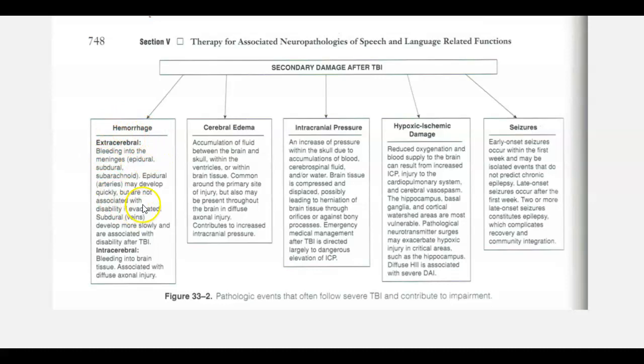So for hemorrhage, remember we talked about how we can have epidural or subdural. Extracerebral means that bleeding sort of above the brain, and then intracerebral is that bleeding within the brain. So that picture that we showed that showed intracerebral bleeding, and then we're going to show another in a second that has extracerebral bleeding. So you can also have cerebral edema, which is a collection of fluid. So it's fluid, swelling. You can also have intracranial pressure, as we said, an increase. Remember that you're going to have these,